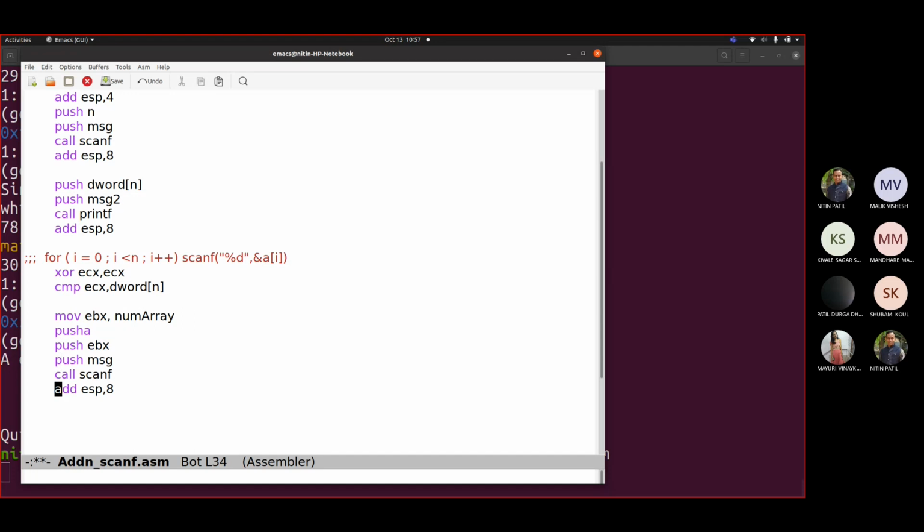Fine. Now you go below and simply here you write copy. Okay. Now you have to increase ECX. You have to add 4 into your EBX value. But if I do this every time, then what will happen? This should be here.